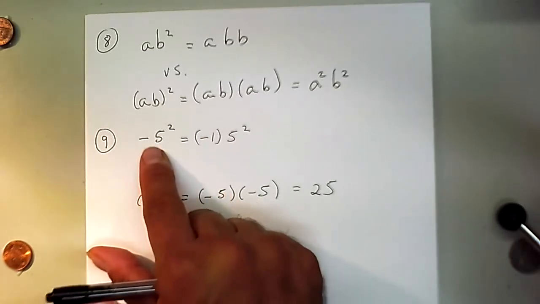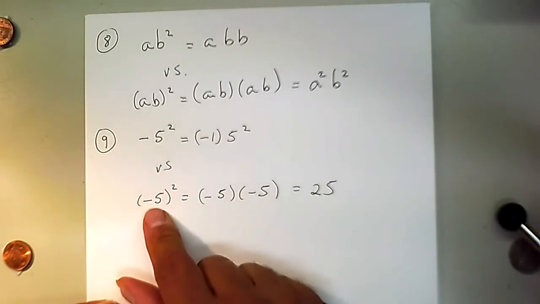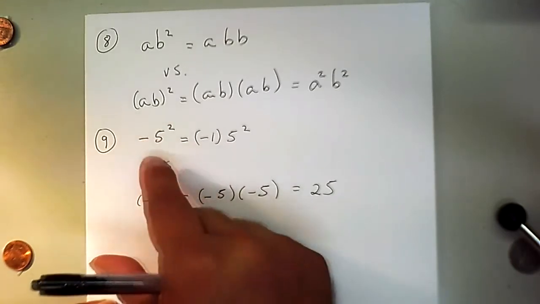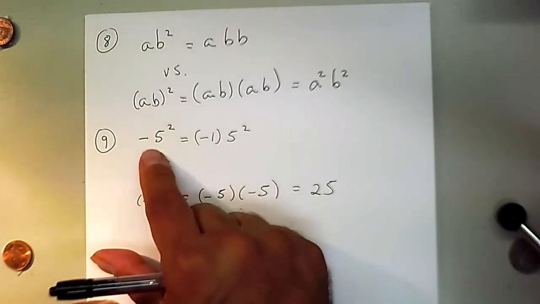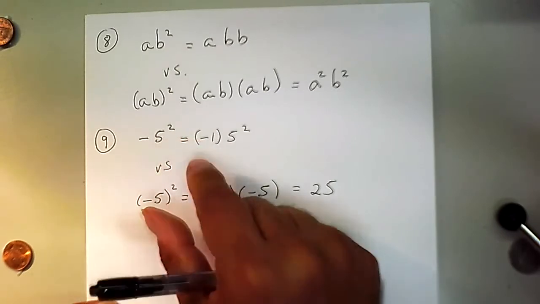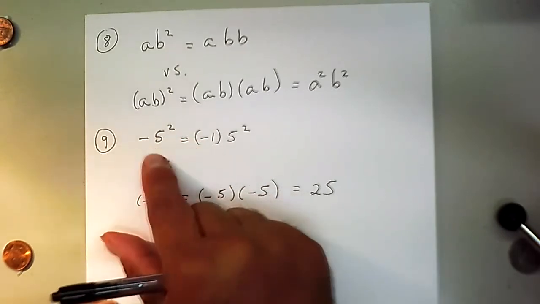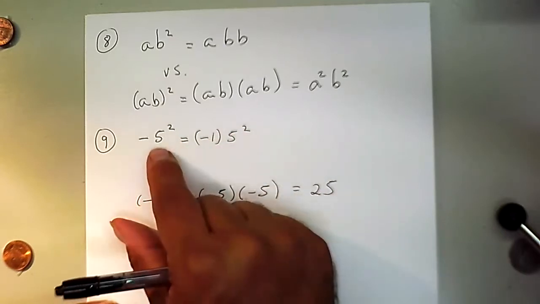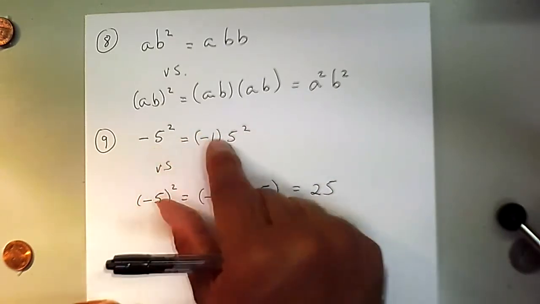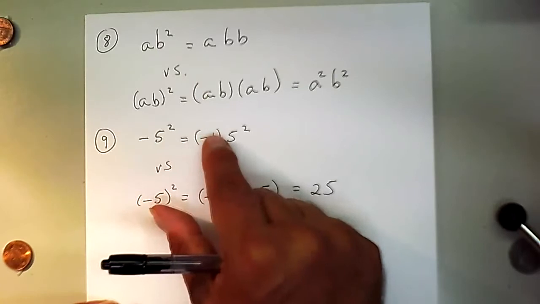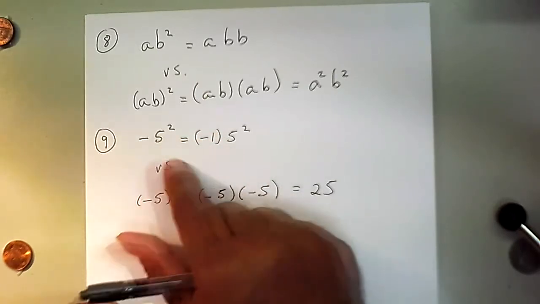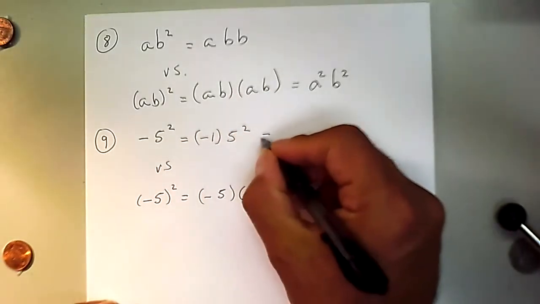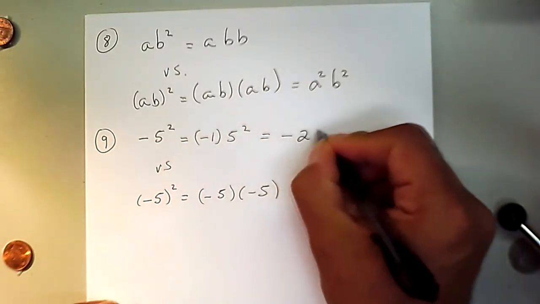So what I was trying to say is, if you think of this as that, change the way of seeing it. It isn't necessarily that you were wrong. It's just that you didn't know that this is what's going on. That's the way most of us see it. So this is a little bit conventional. What I mean by that is, if nobody tells you, you may not know how to handle this situation. Anyway, so this is actually negative 25.